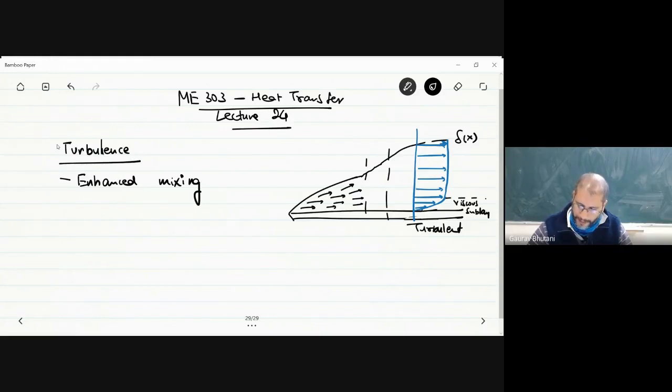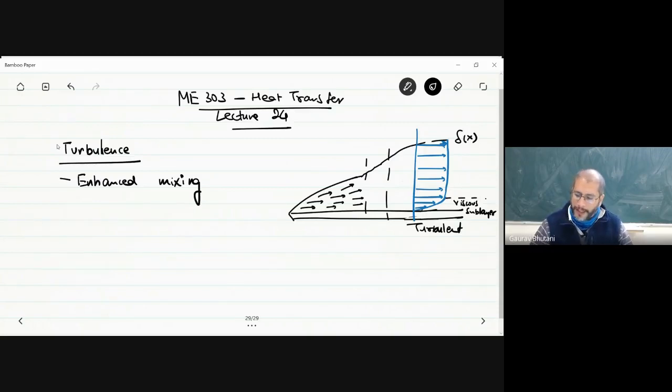sublayer region. Because of all this jumping of the molecules between layers, because of the randomness in the flow, the enhanced mixing, the y components that have developed because of turbulence, it causes a flatness in the x velocity profile, and it's only a very small region near the plate that you have very strong gradients. So this is what we see because of mixing of the molecules from one layer to the other, causing a mixing of momentum and hence a flatness in the velocity profile.